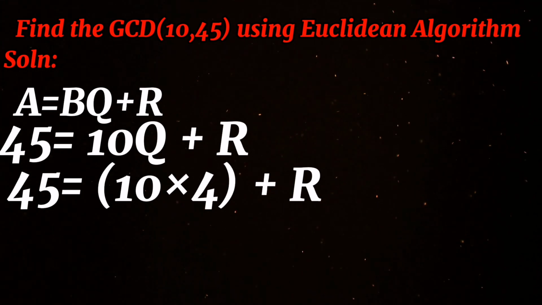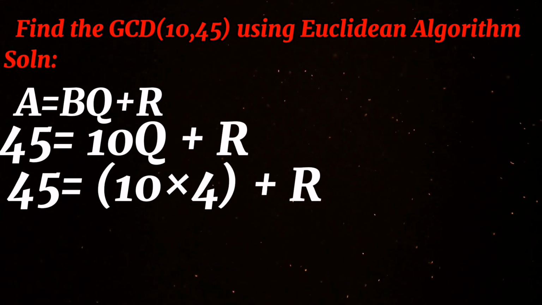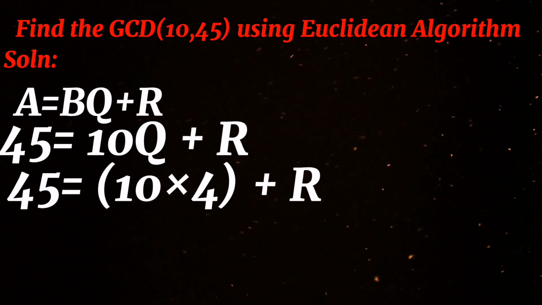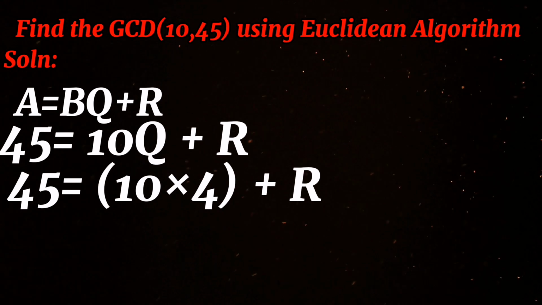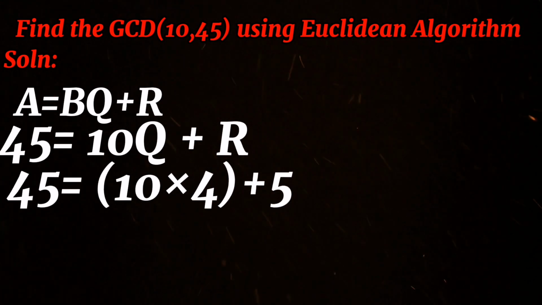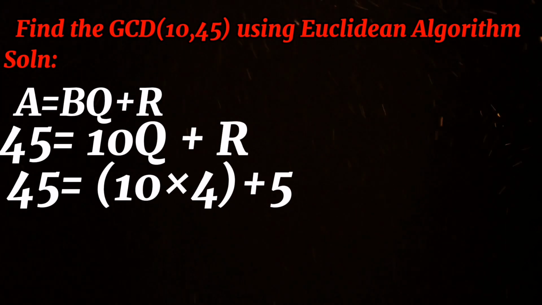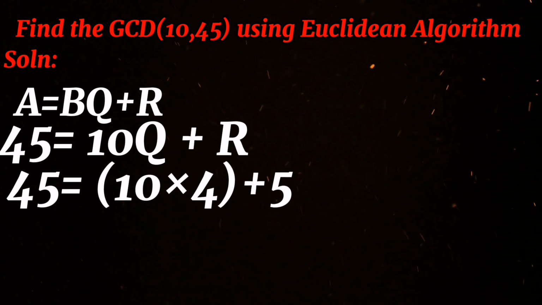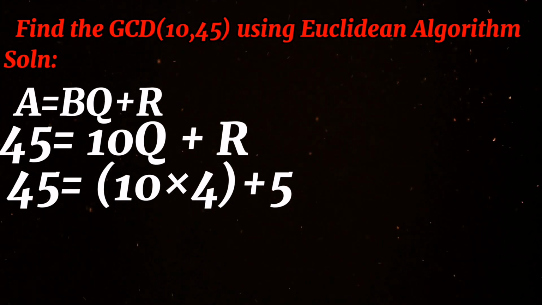10 then can go into 45 4 times. Therefore our q, which is the quotient, is 4. So that's that. Now how can we find our r, which is the remainder? Recall that if 10 goes into 45 4 times, we are going to have a remainder of 5. Therefore our r, which is the remainder, is equal to 5, while our q, which is the quotient, is equal